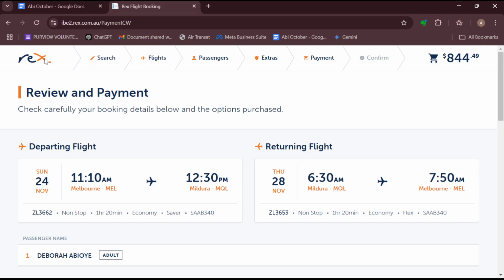So this is how you can book a flight on Rex Airlines. You can see how simple it is, how fast it is. So ensure you utilize this